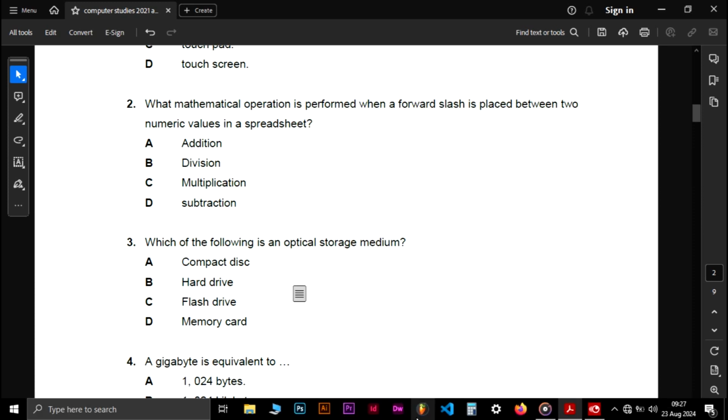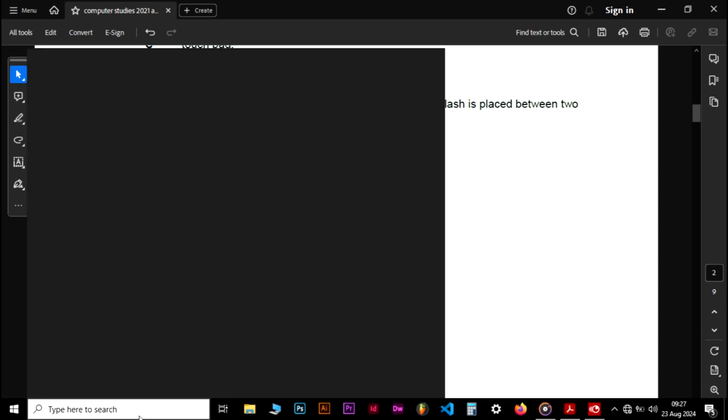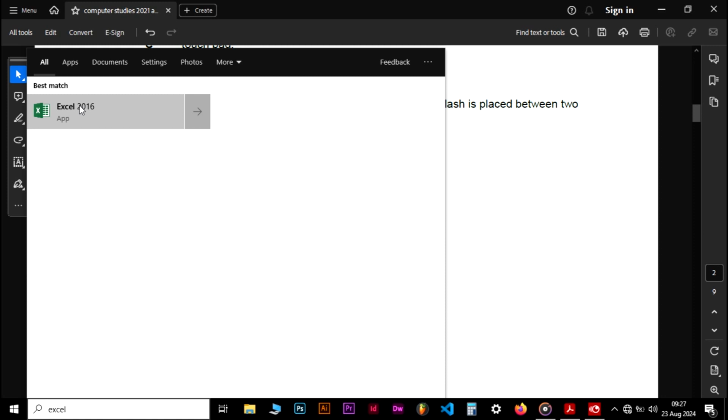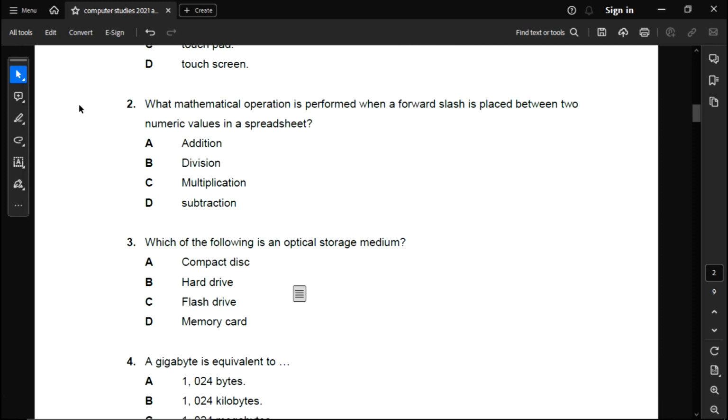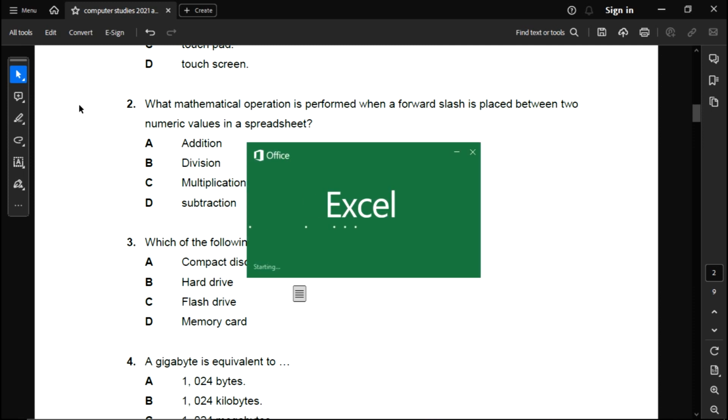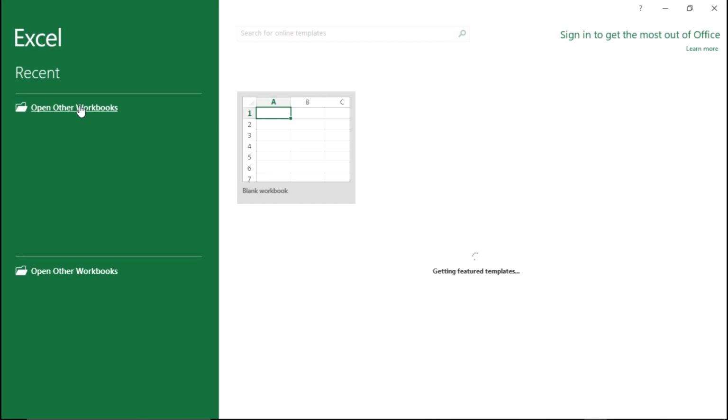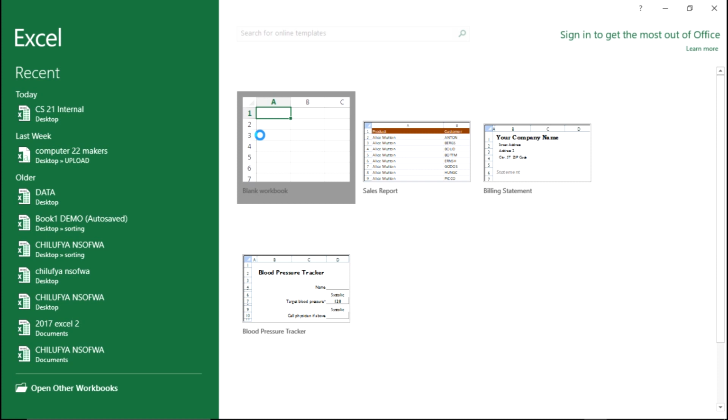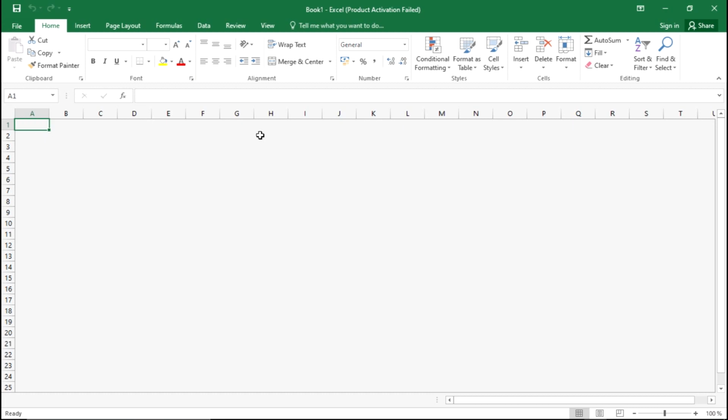Okay, let me show you in Excel real quick. Let me open Microsoft Excel by searching for it. Microsoft Excel, this is Excel 2016, and I will demonstrate to you that the / is the mathematical operation. When we place it between 2 numeric values, it gives us the quotient or the answer from a division